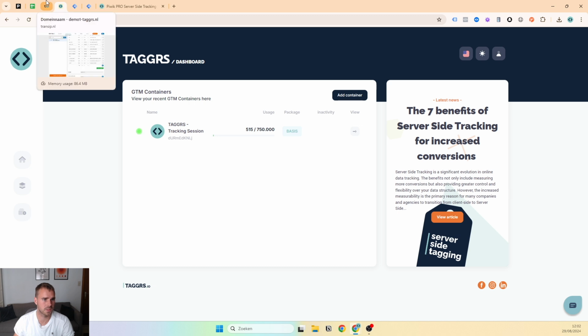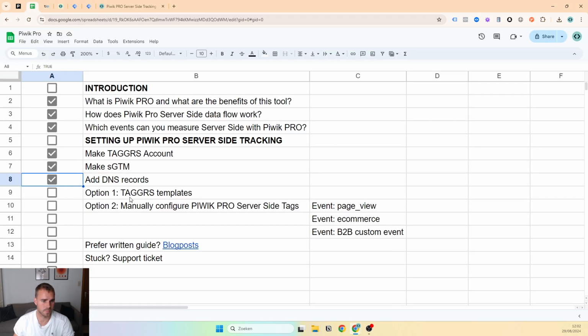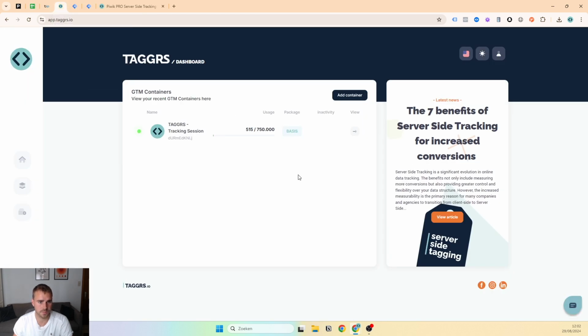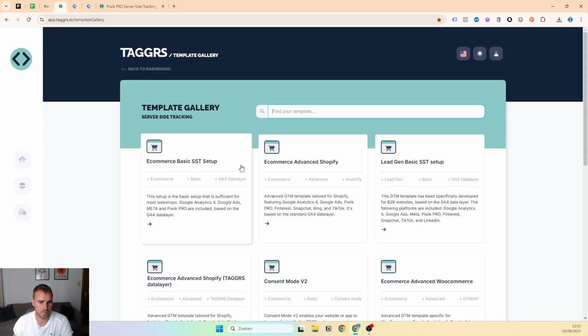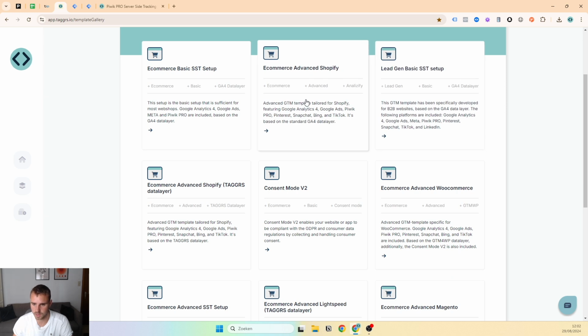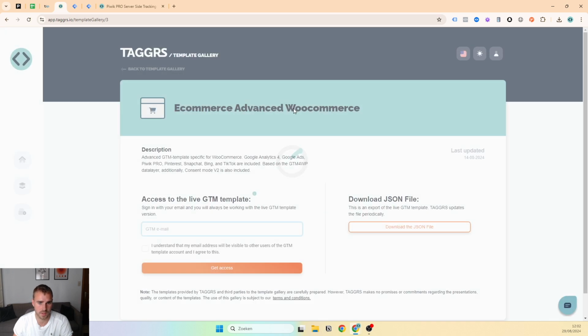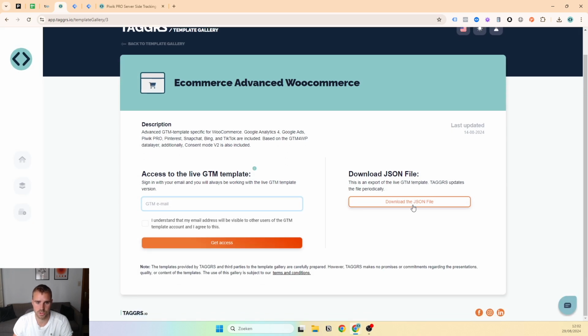Next step is, you have two options to set up Piwik PRO server-side tracking. We can use the TAGGRS templates. I will show you how to do this. You will go to your TAGGRS account and go to template gallery. Then you check what CMS you have. In this case, we have WooCommerce. We'll download this template, download the JSON files,